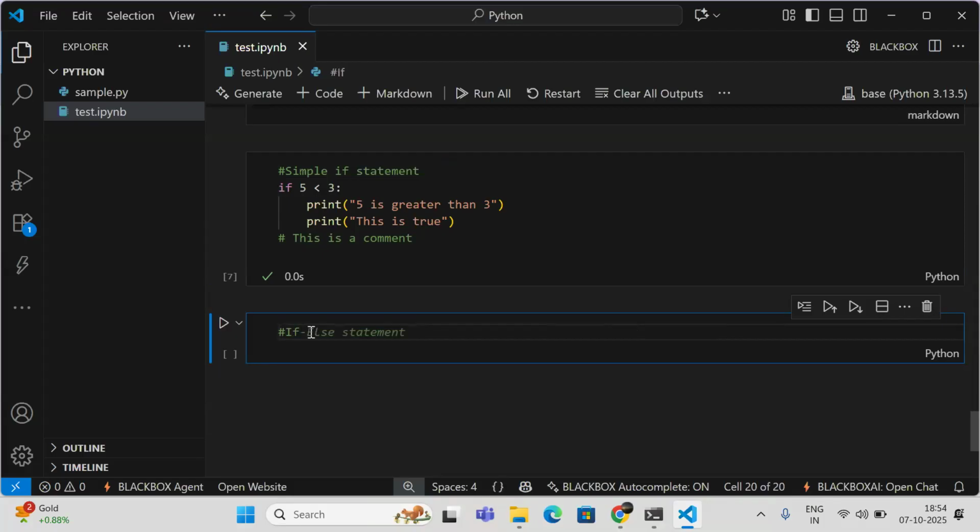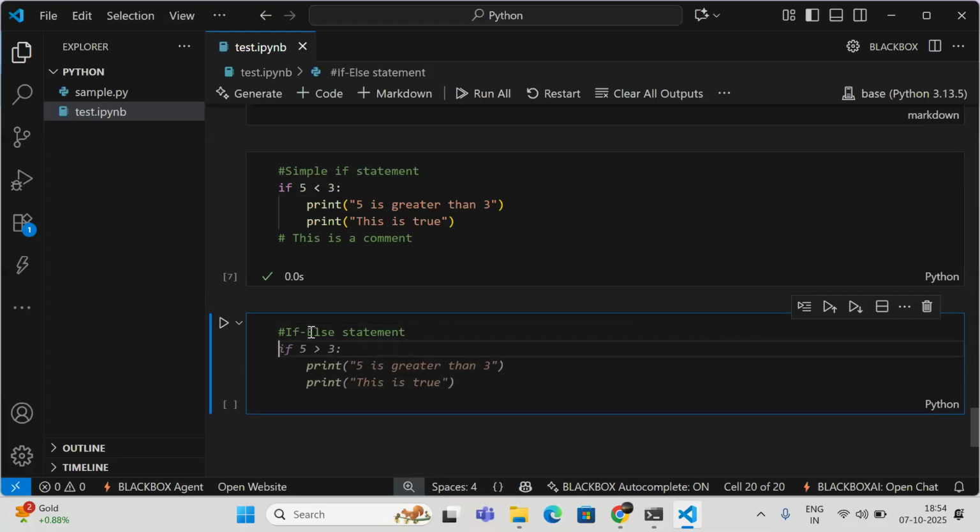Now, if else. I'll consider one example. I'm going to check whether you have passed or not. If I'm going to hire you, I'll definitely check whether you have passed out or not. If you are having backlogs, if you have not completed your graduation, I'm not going to hire you. So definitely you have to complete your graduation. So I'm taking the condition like,